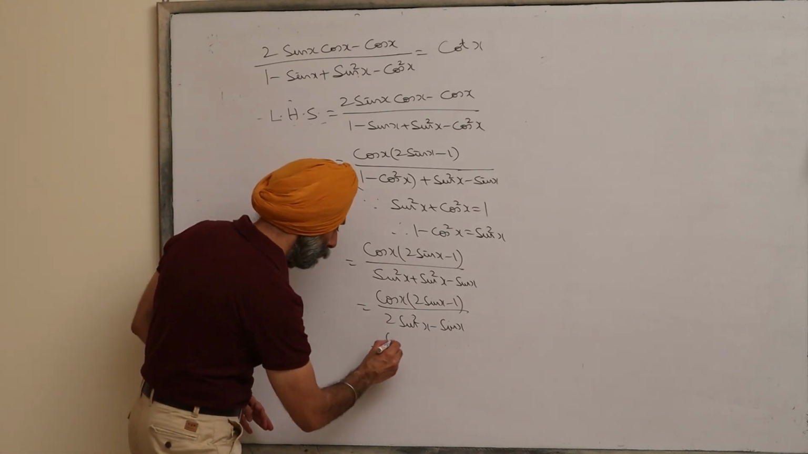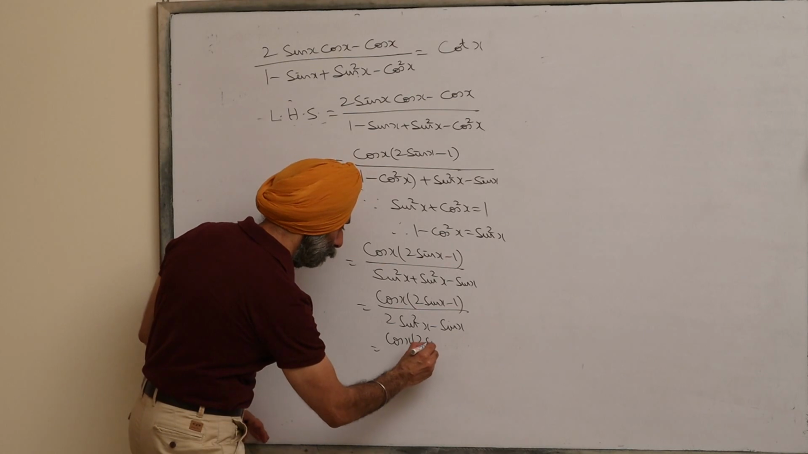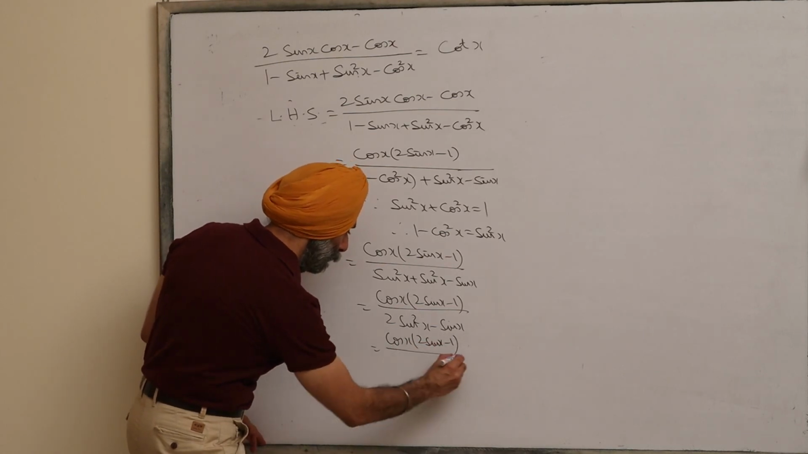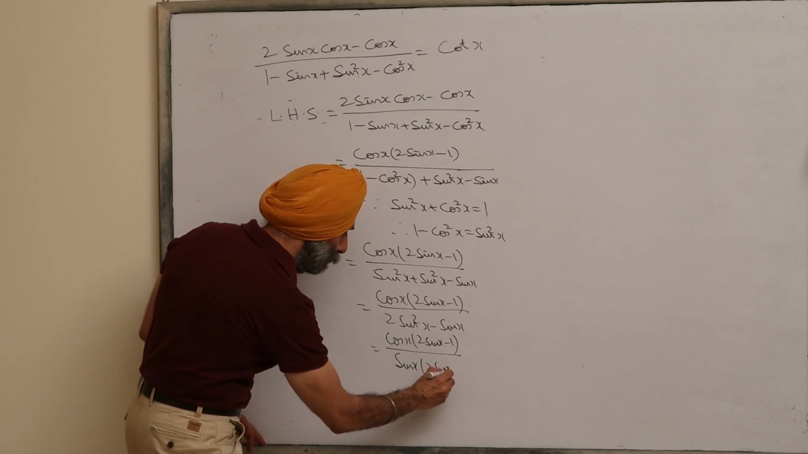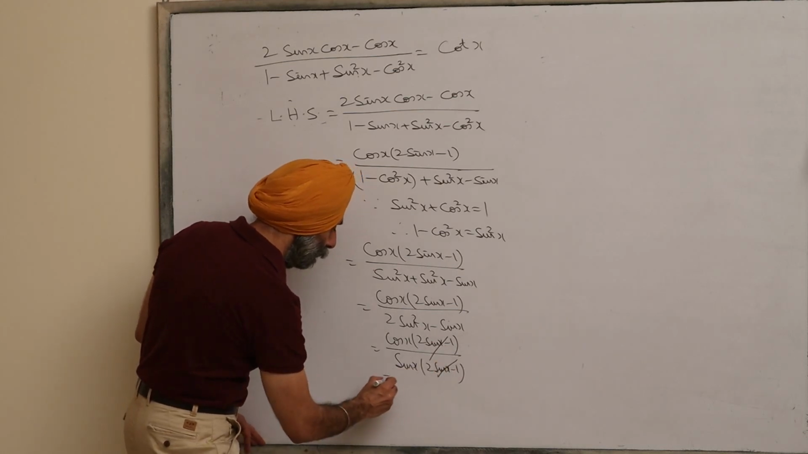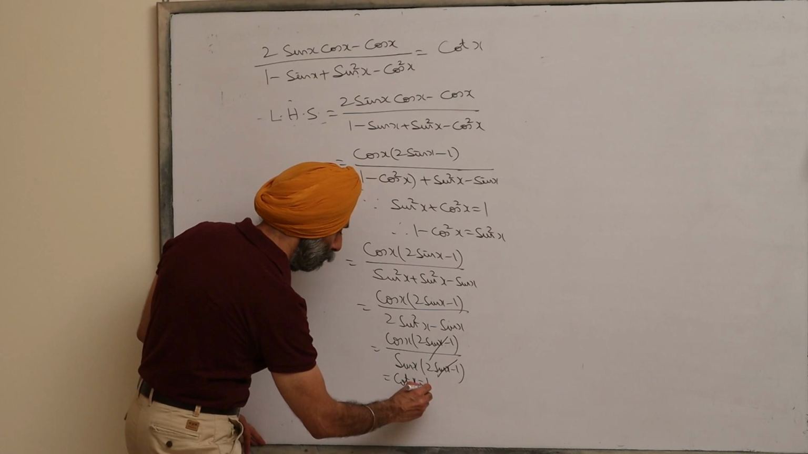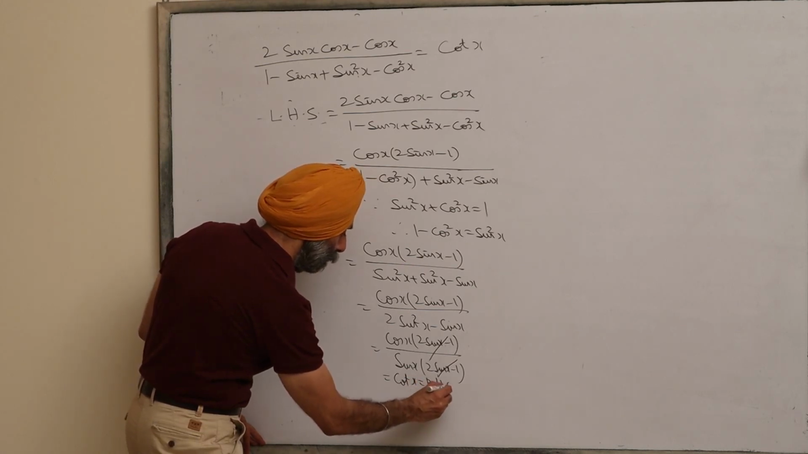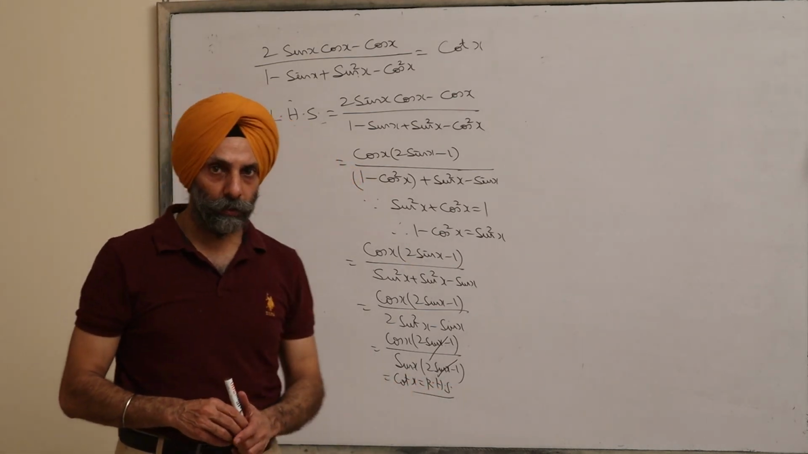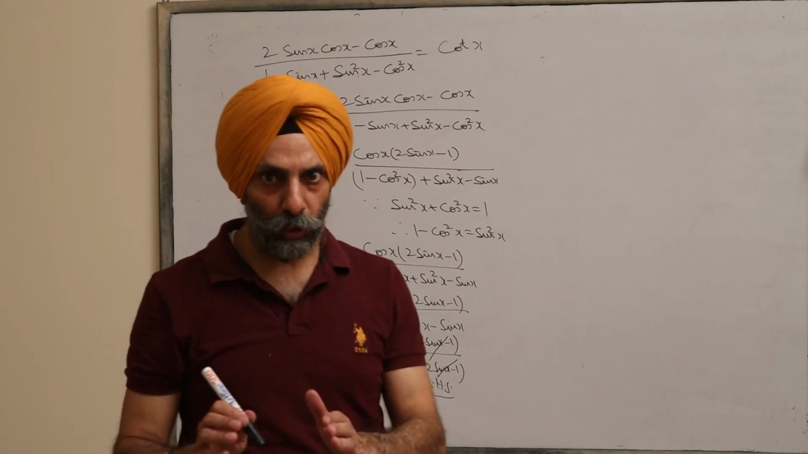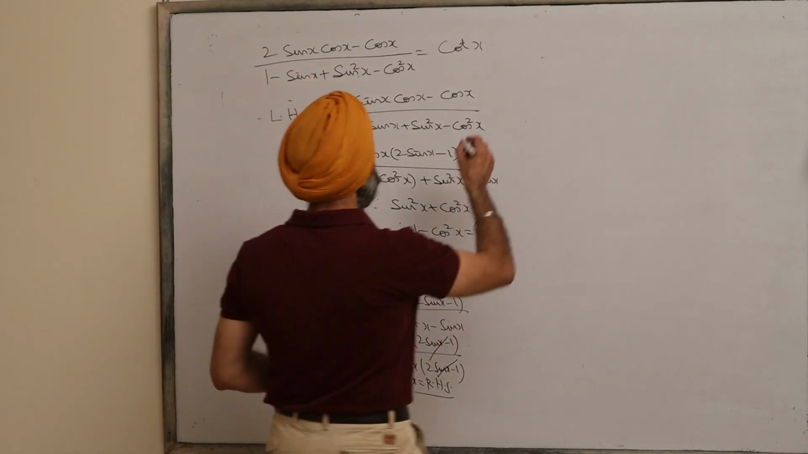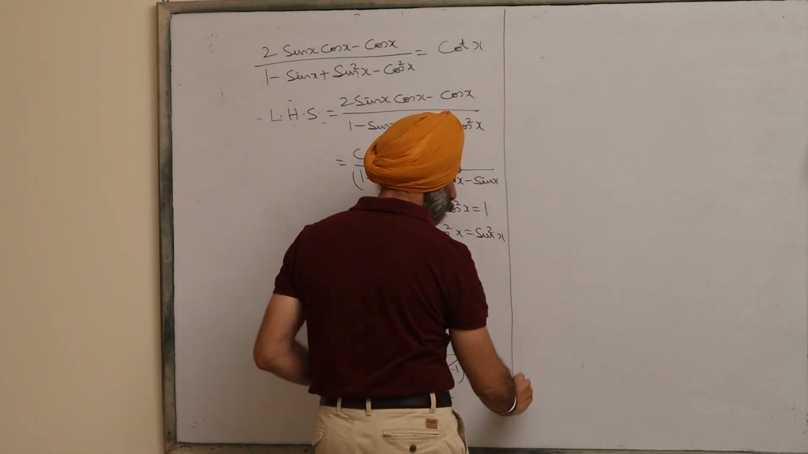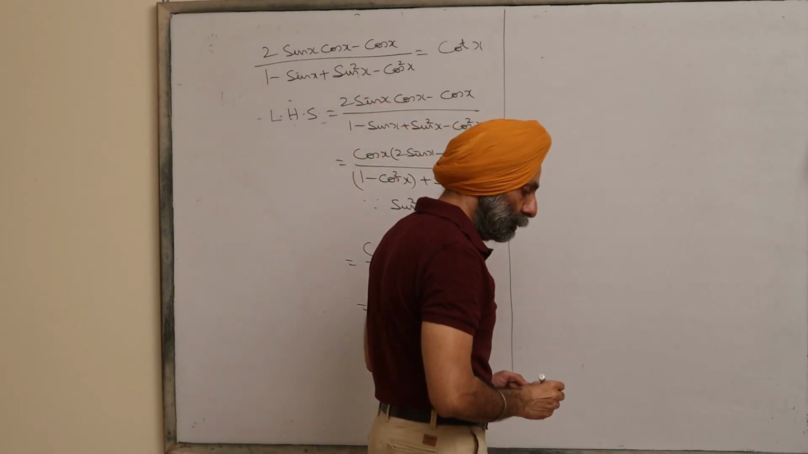Yes. So it is cos x into 2 sin x minus 1. Sin x is common. 2 sin x minus 1. This factor will cancel. It comes out to be cot x, which is your right hand side here. So questions are easy, very easy to solve, but again requires a lot of practice. Now next question is,